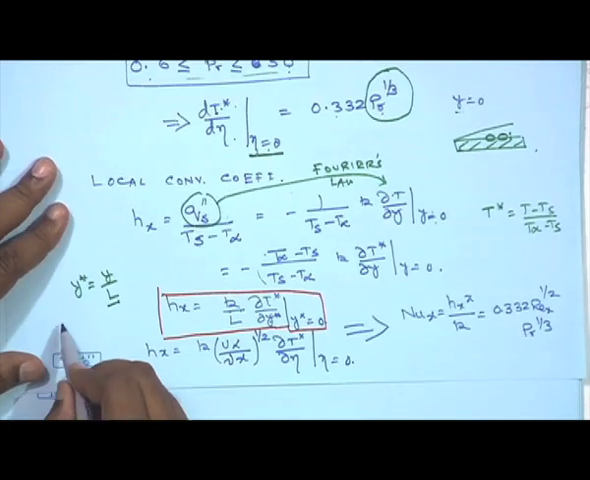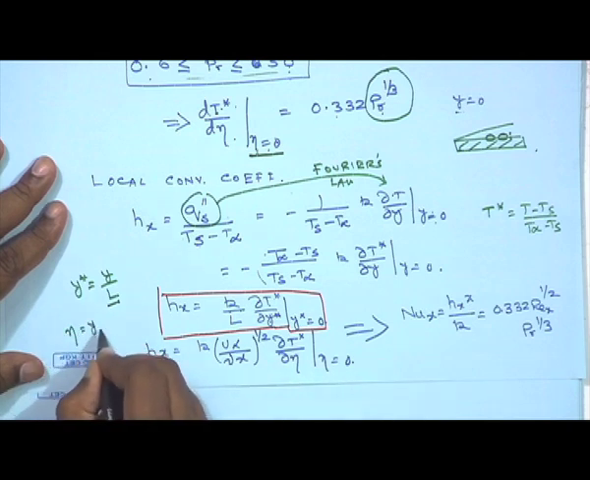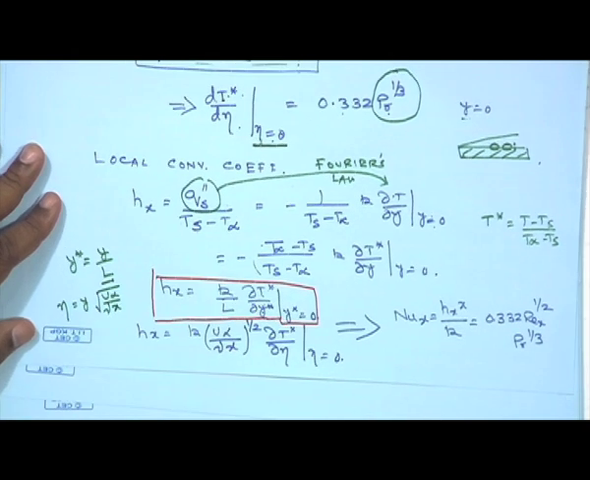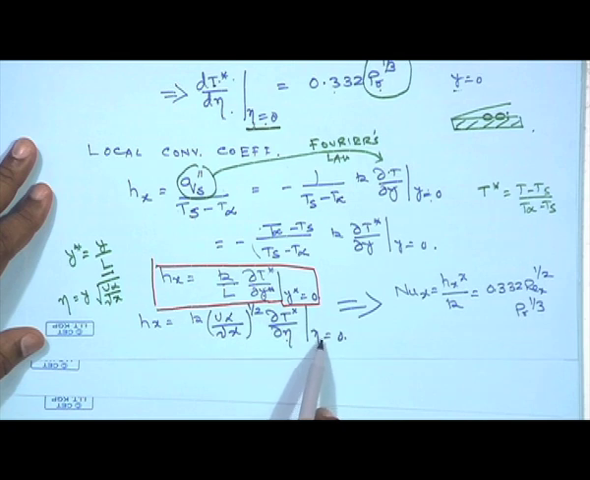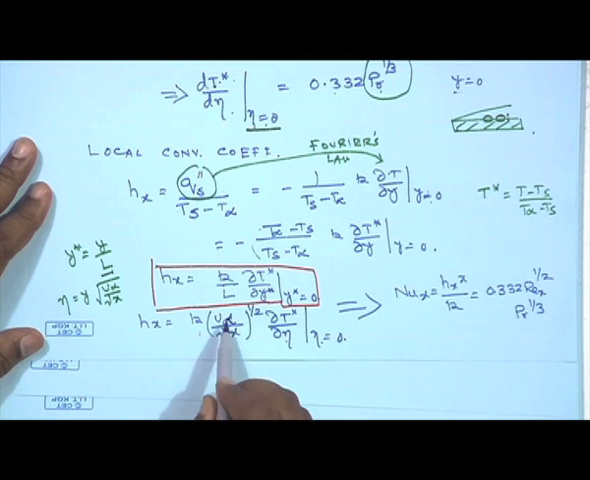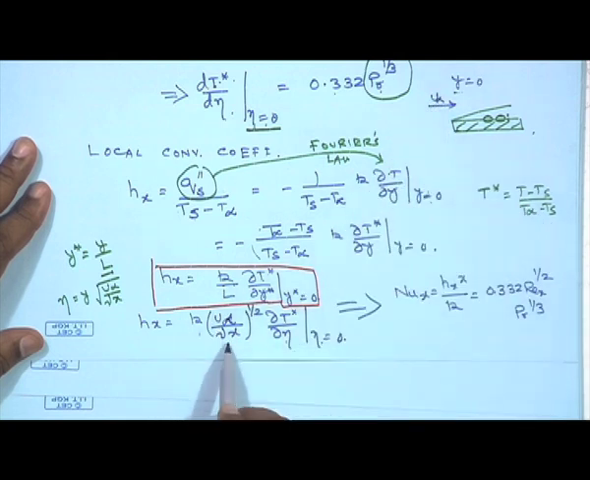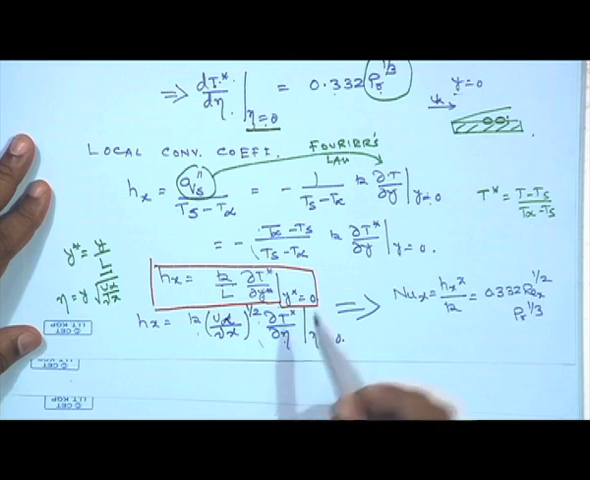If you remember, my eta has been defined before as y times root over u infinity by nu x in the hydrodynamic boundary layer treatment. So, my Hx is del T star del eta at eta equals 0, and these terms, this is u infinity. U infinity is the free stream velocity. Now, I would be able to substitute del T star del eta at eta equals 0